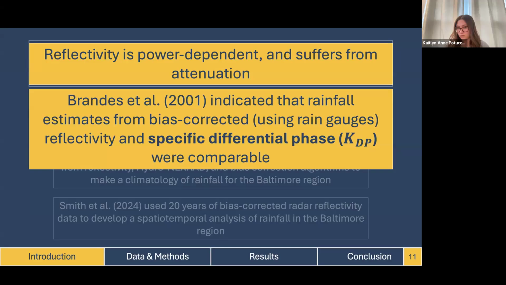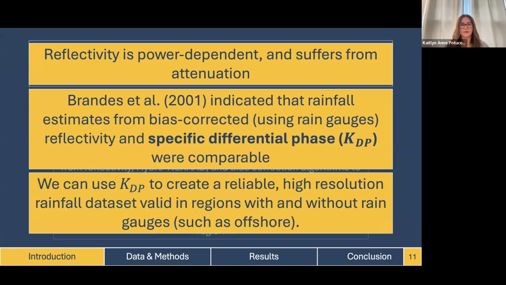Brandis et al. in 2001, however, indicated that rainfall estimates from this bias-corrected reflectivity using rain gauges are comparable to rainfall estimates from a different radar variable called specific differential phase. So we can use KDP, specific differential phase, to generate a reliable, high-resolution radar rainfall data set that we can use in regions with and without rain gauges,